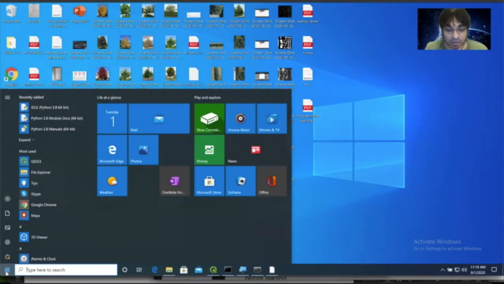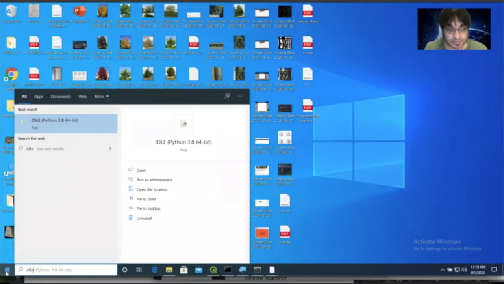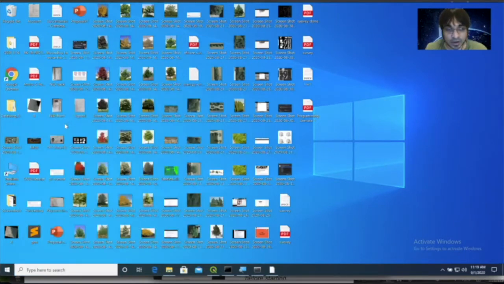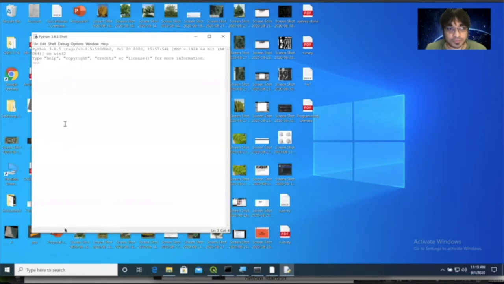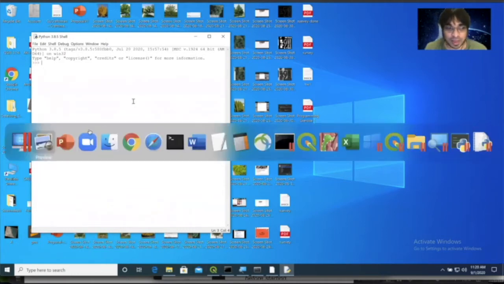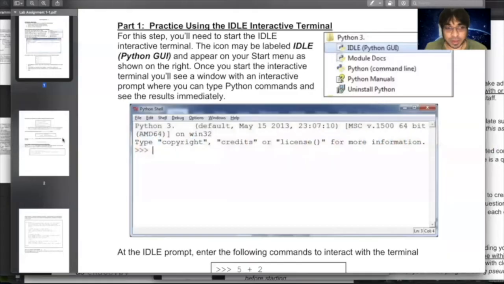So I'm just going to type IDLE, and there it is. Click on it, and there you go. And we're golden, all right? That was the Windows bit of it.